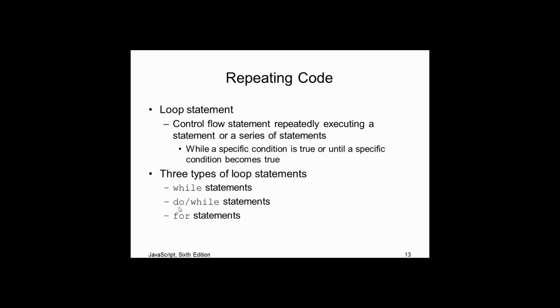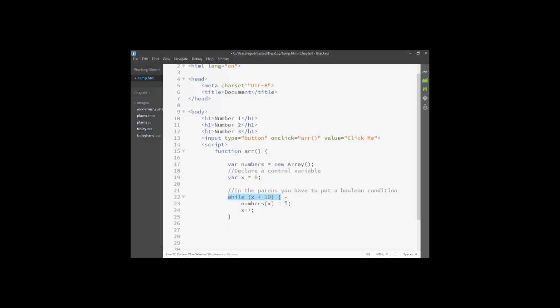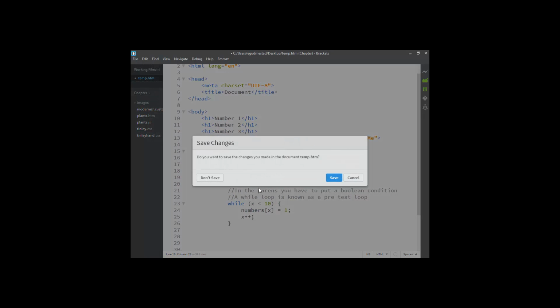A do-while. Now, a while loop is known as a pre-test loop. It's called a pre-test loop because you test the condition before the statements ever execute. Does that make sense? A pre-test loop. So here's your test. If this test is false, the body never runs. So for example, if x is already equal to 100,